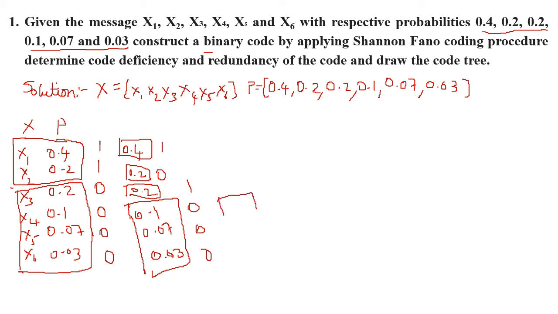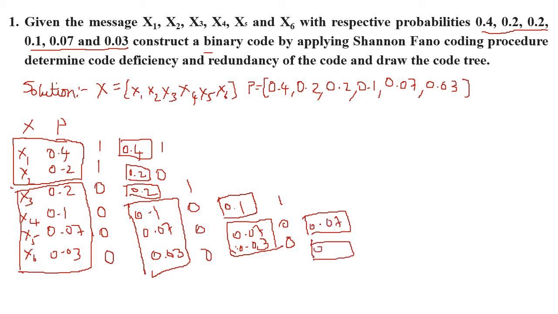Then 0.2 divided by 2, the approximate value is 0.1, one subgroup. Then the next sum value, which is 0.1, 0.07 plus 0.03. So this is 1 and these two are assigned zeros. The last subgrouping is 0.07 as one subgroup and 0.03 as one more subgroup. Assign 1 and 0. Next, to read the code, you are going to read it row-wise.